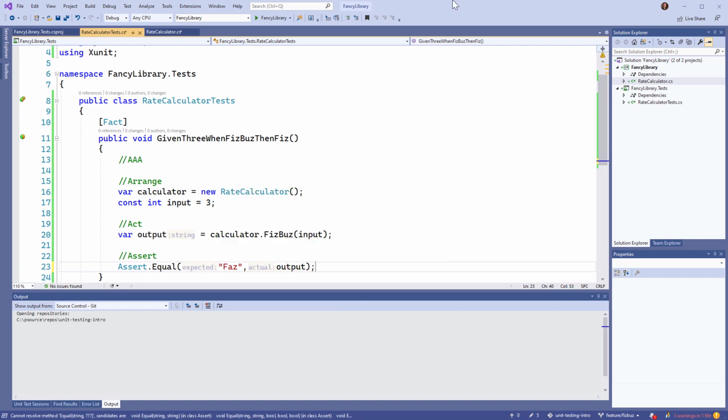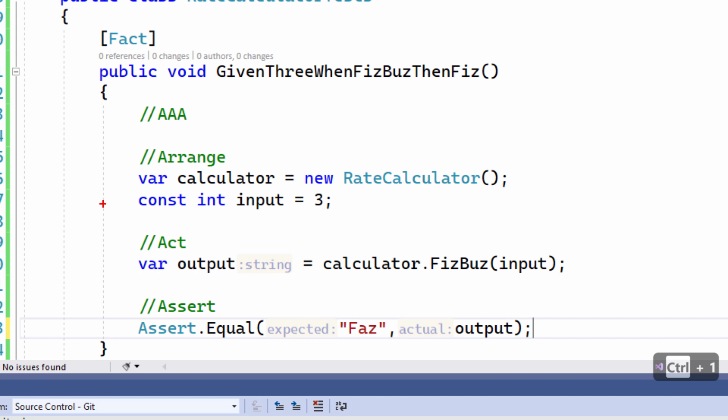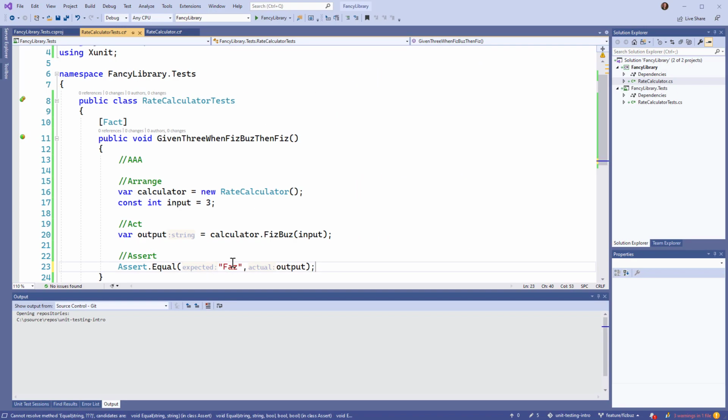So we are comparing the output that we got here with something that we're expecting. Well, we're not expecting fuzz, we're expecting fizz. So that looks like a complete unit test. Although,